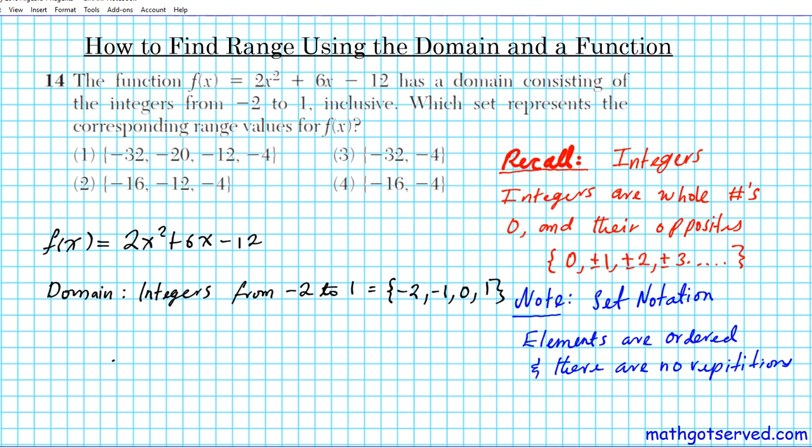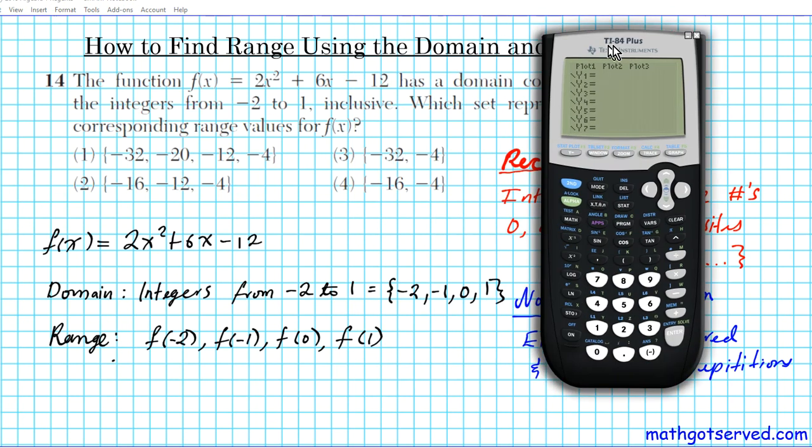All right. So how do we find the range? The range is basically what you get when you input the domain values into the function. So the range values are going to be the function evaluated at -2, the function evaluated at -1, the function evaluated at 0, and the function evaluated at 1. Okay? You can do this by hand. You just simply plug in these values into this function and use your order of operations to simplify. But since the use of a calculator is permitted on this test, we're going to use it to expedite the